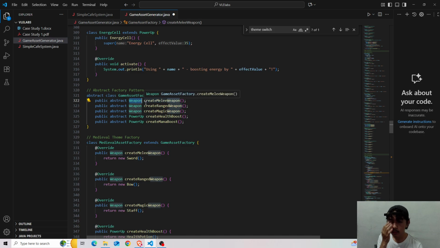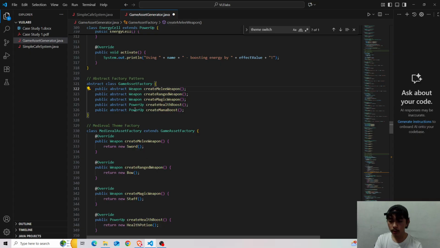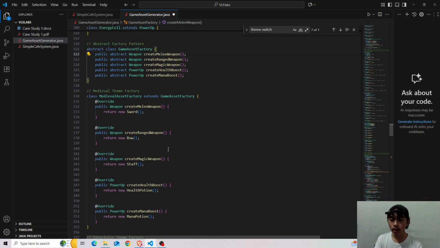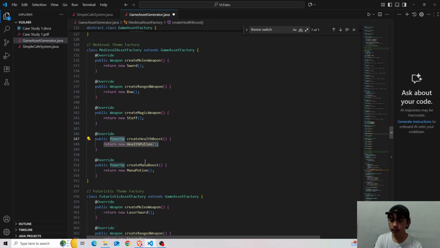So it passes through the create melee weapon method from our concrete factory weapon. So that happens to all weapons and then to all power ups. So same implementation as how it was implemented in here.